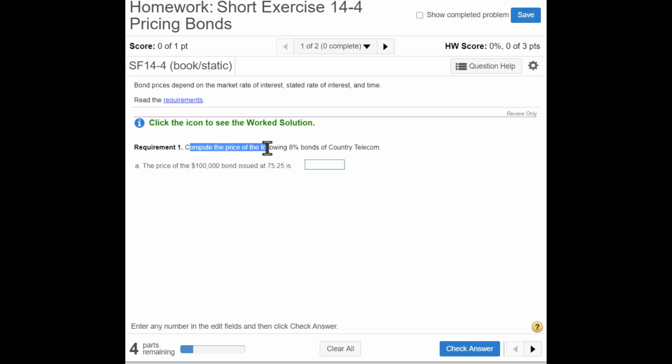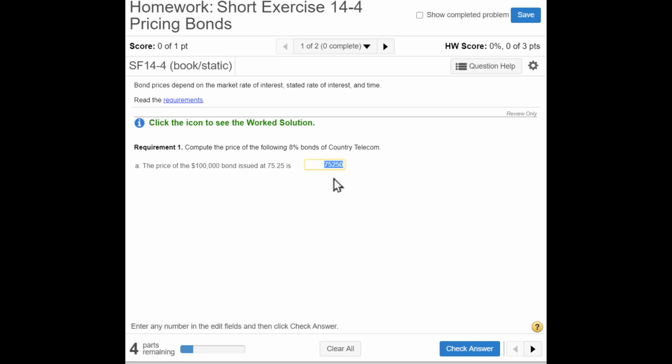So it says, compute the price of the following 8% bonds of Country Telecom. So Country Telecom issued $100,000 of bonds, but the price that they got is 75.25. Now this 75.25 is a percent of 100,000. So just take 100,000 times 0.7525 and you get 75,250. So when the bonds mature, they're going to have to pay $100,000, but when they sold the bonds, they only got